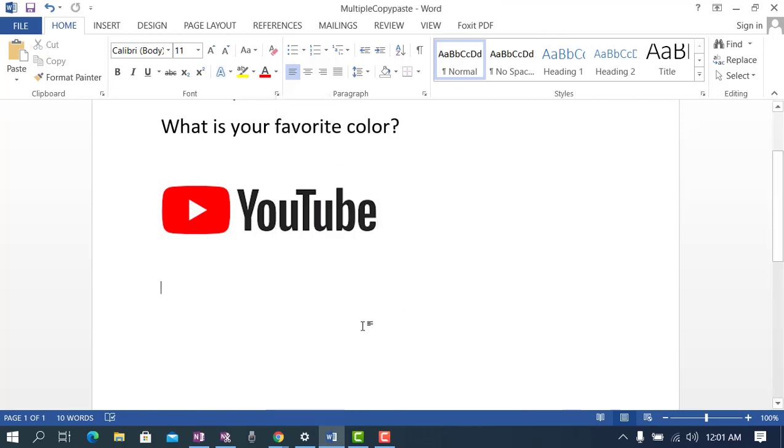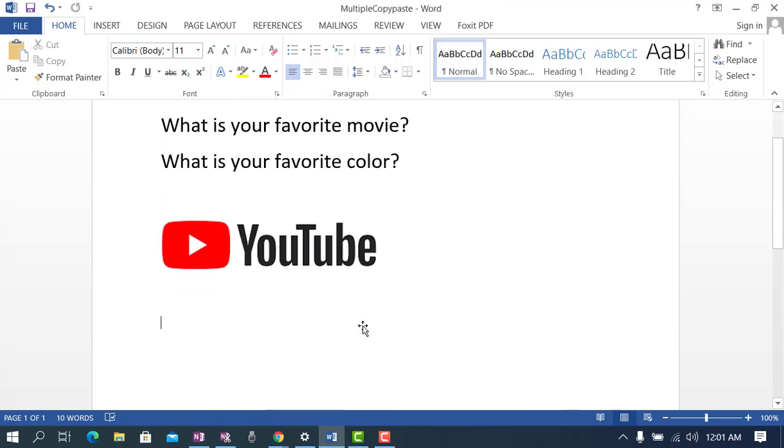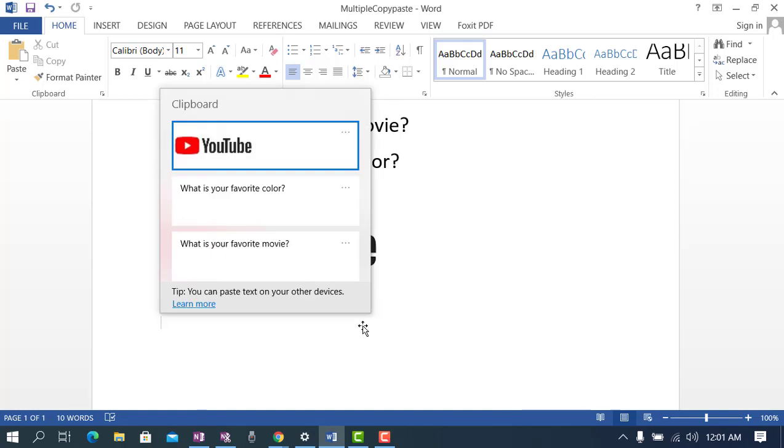Now if we want to paste the first line, what we have to do is press the Windows key along with V. Now the clipboard appears on my screen, and we can paste as many things as we copied. For example, we want to paste the first line from our text, our favorite movie.